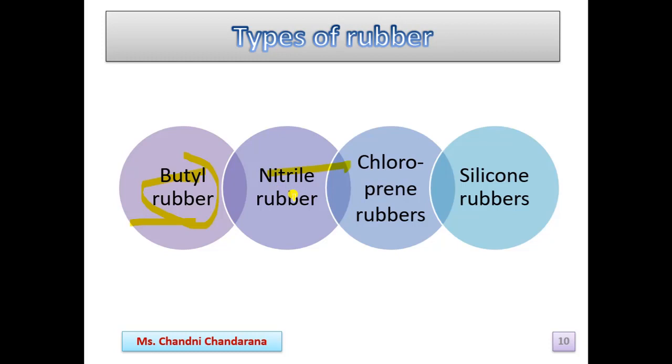And the nitrile rubbers. When we talk about nitrile rubber, it is heat resistant. But the absorption of the bactericide, or the leaching of extractives, is more in nitrile rubbers. So we cannot use it for multiple use preparation. Then chloroprene rubbers. As per the structure, this chloroprene rubber, or neoprene rubber, contains the chlorine group and it is close to the double bond. So the bond is resistant to oxidation.